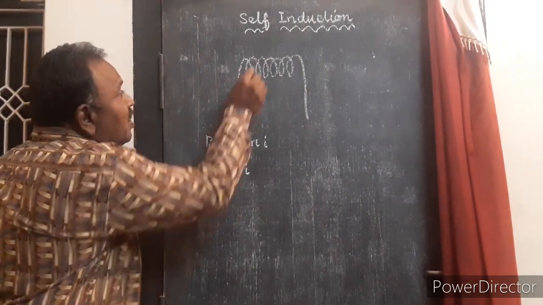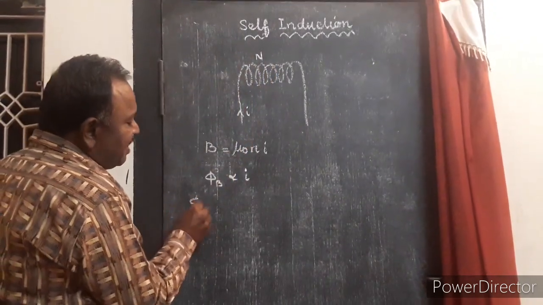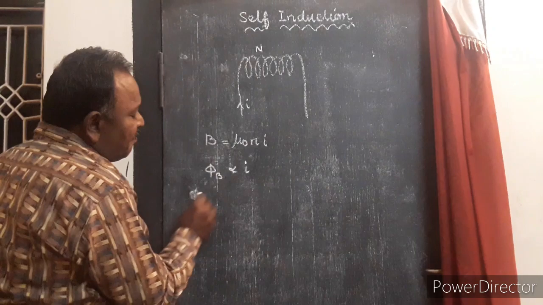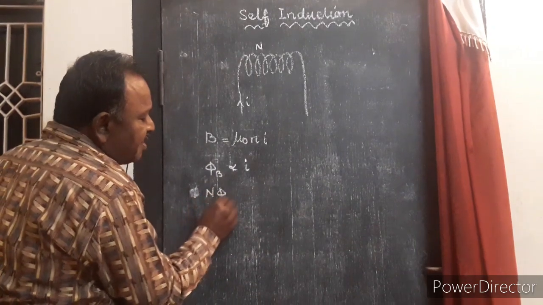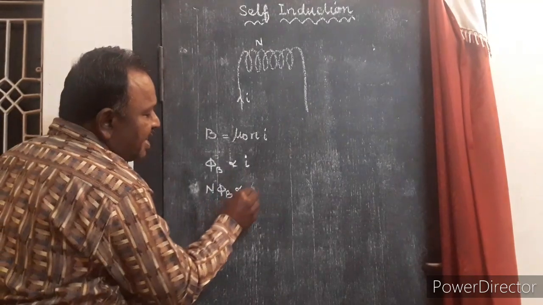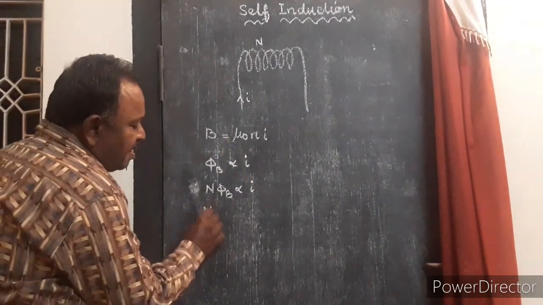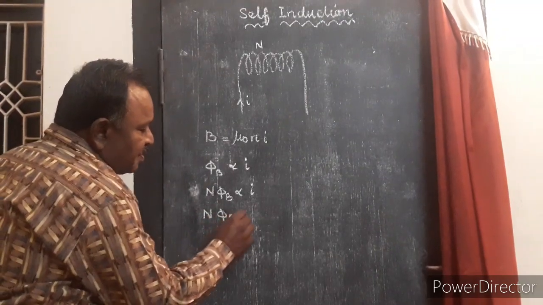If this coil has N turns, then the flux linkage is equal to N phi B. So N phi B is directly proportional to I,